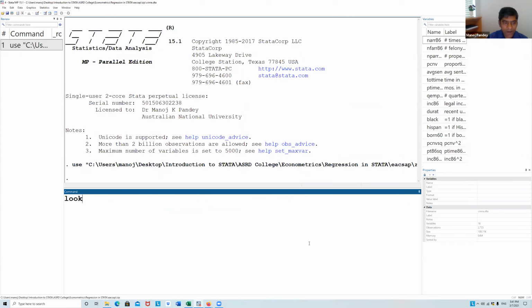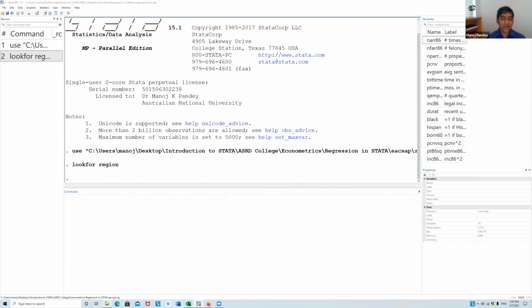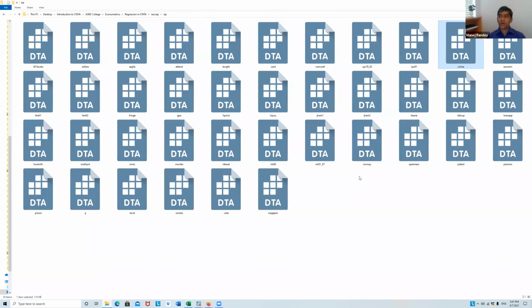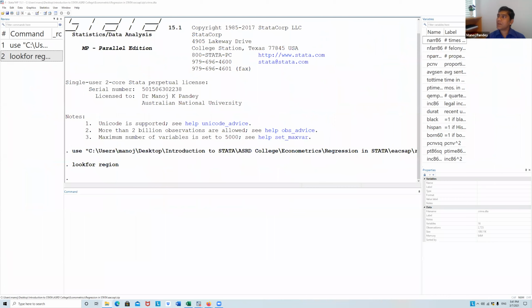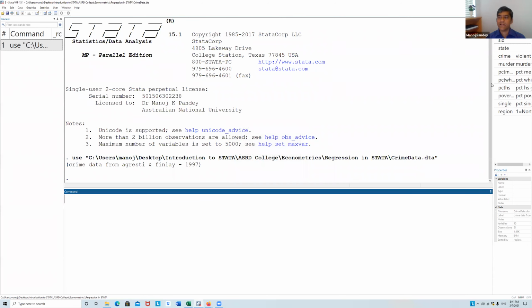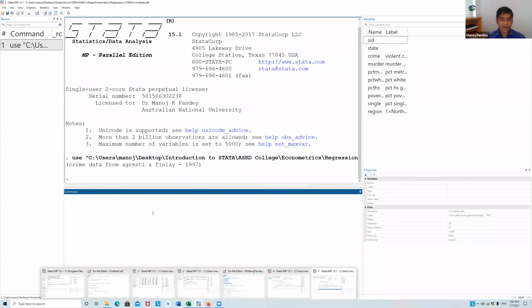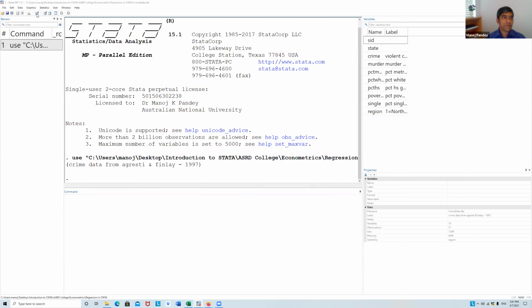So do I have even a region here? No, there is no region variable here. It means that I'm working with the wrong data. So let me first change the data. It might not be from there. Here you go. This is my data. All right. So this is my data and this is my do file. So let me open the do file.